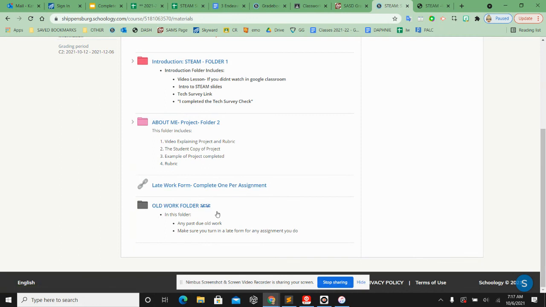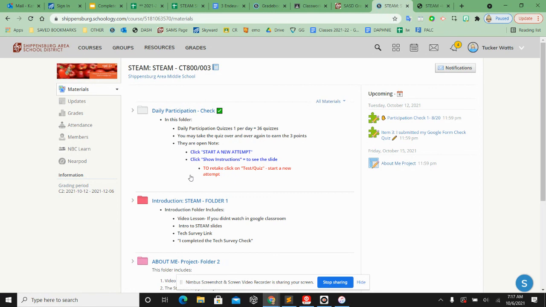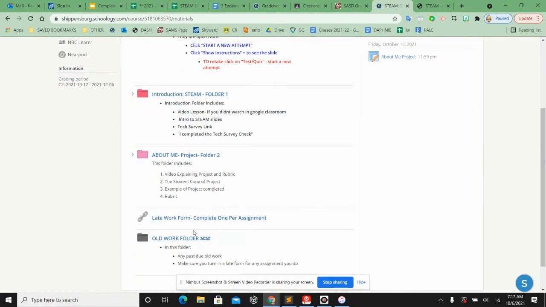And this old work folder is where I put anything that we've already completed and is past due. So if you're looking for work to turn in late, say you missed an assignment or you were absent for a week, anything that we're already done with so that the room doesn't get crowded will be in that old